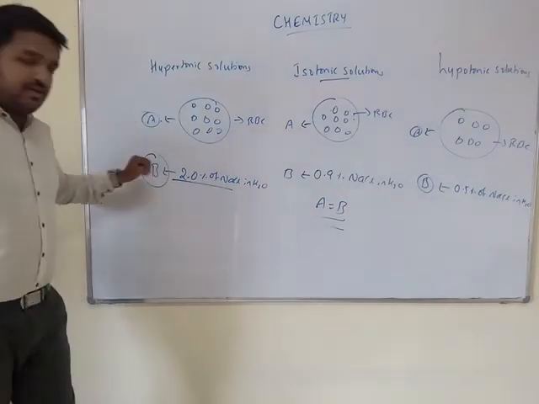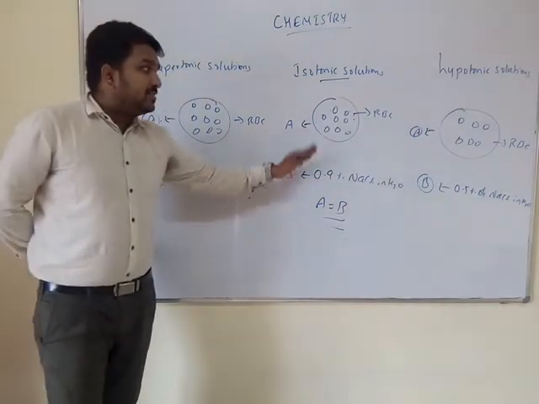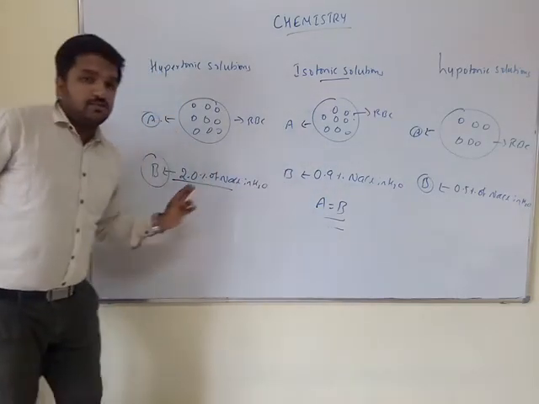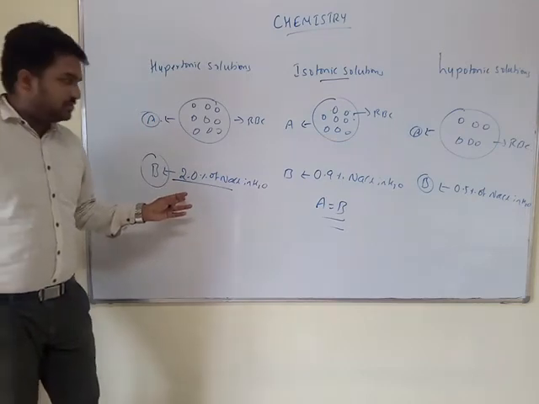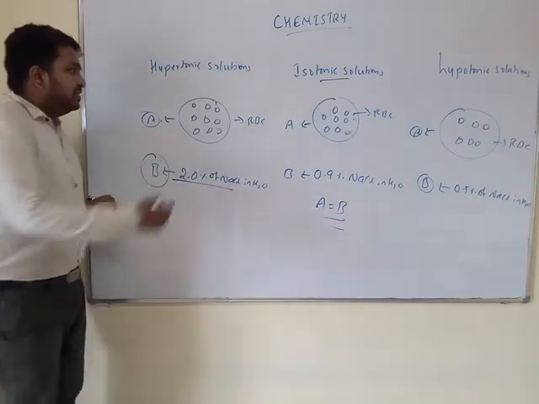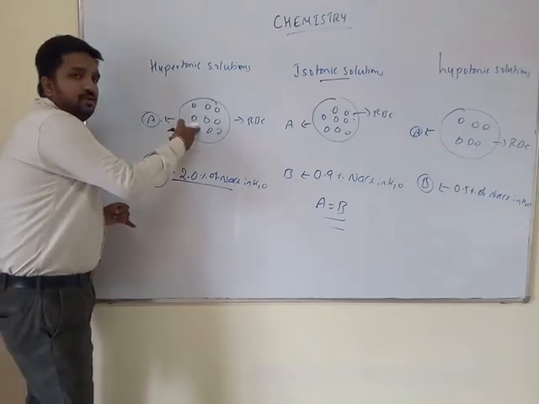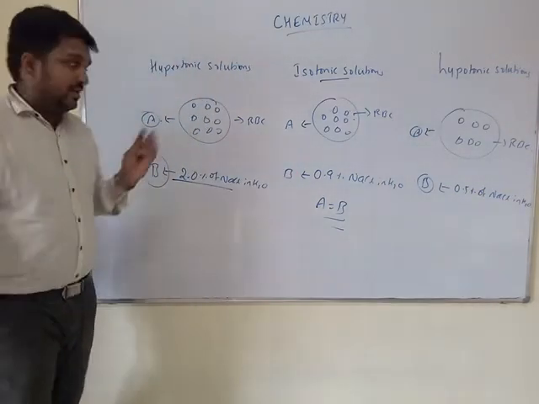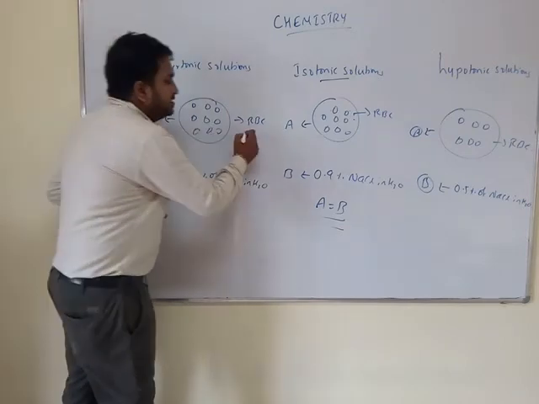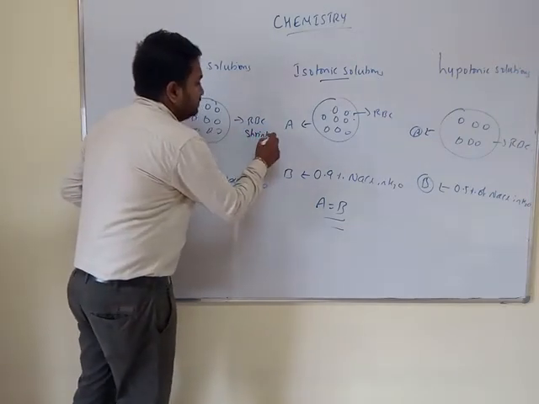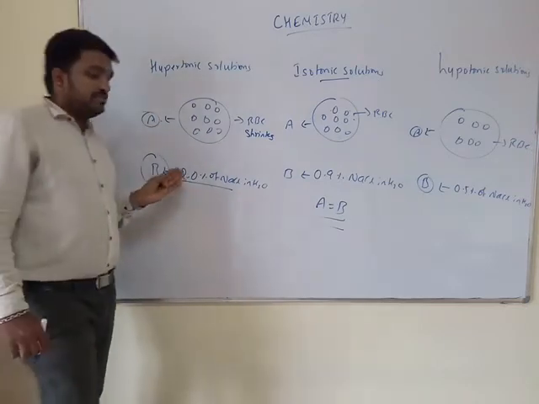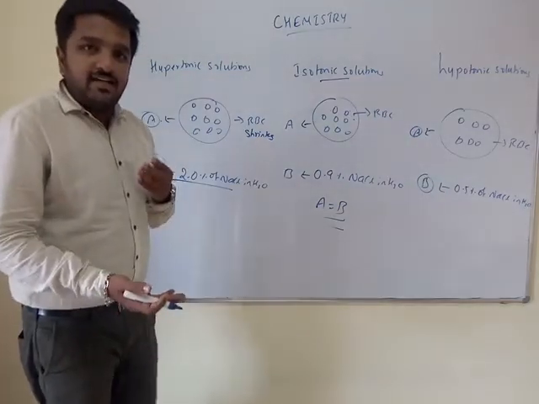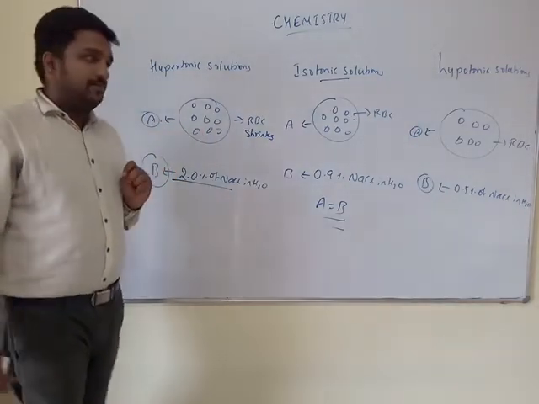So from the data given, you can easily tell that 0.9% is isotonic. Clear? The osmotic pressure will be the same. At 2.0, that means it is more than the isotonic value. So what happens is, it is of the higher concentration. So the solvent molecules from red blood cells will flow towards the sodium chloride solution, that is the saline water, and then what happens? Red blood cells shrink. Yeah, these type of solutions we call hypertonic solutions. So that means the osmotic pressure is greater than that of the given solution. We call it hypertonic solutions.